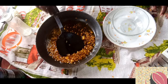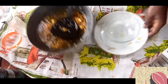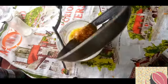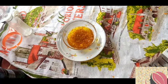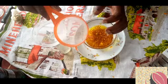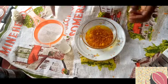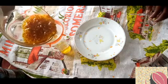So now, as you can see, our oil is ready. So I'm going to go ahead to transfer it into this. So now I'm going to need a funnel and a strainer. I'm going to put it in this, and I'm going to strain it into my